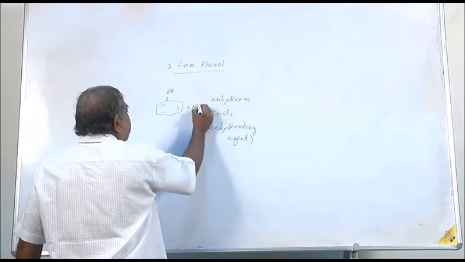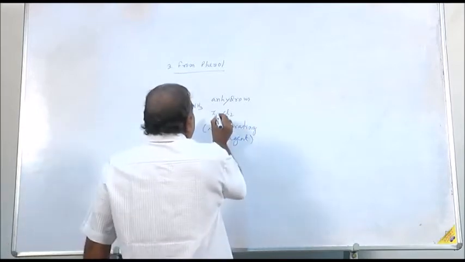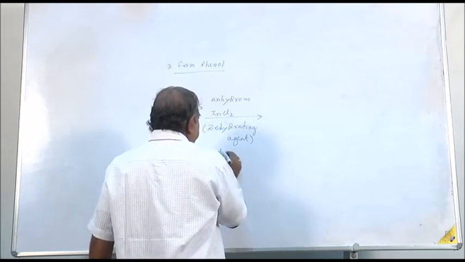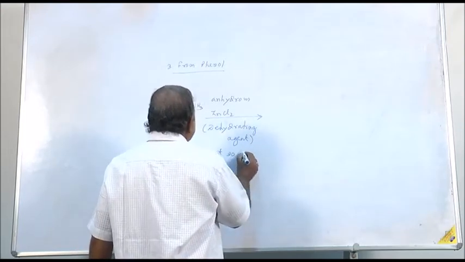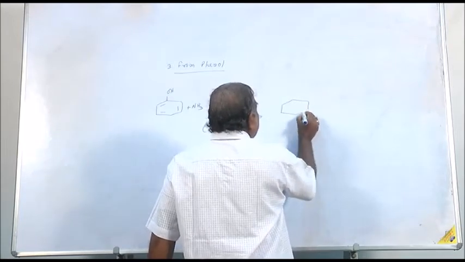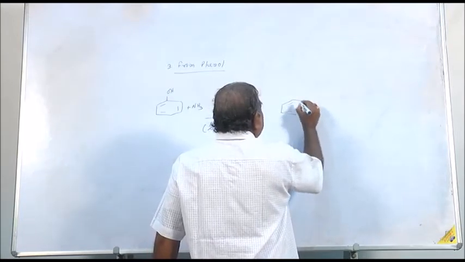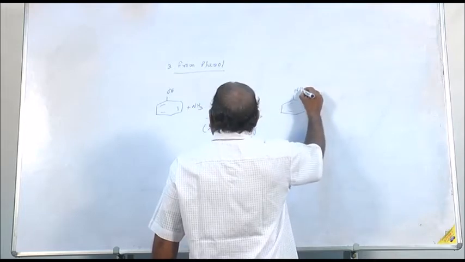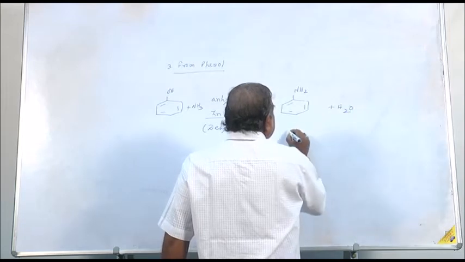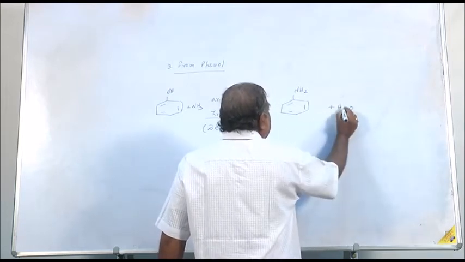When treated with ammonia in presence of anhydrous zinc chloride at 300 degrees centigrade, the OH group of phenol gets replaced by amino group. This is your aniline,